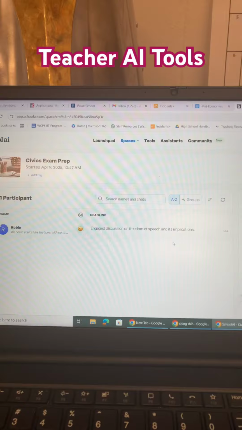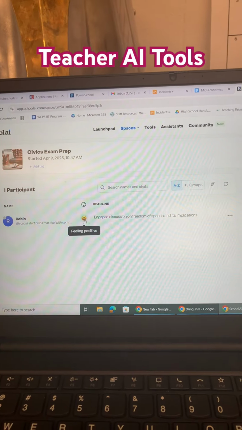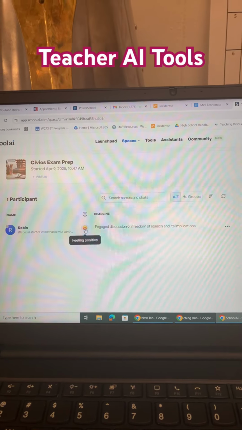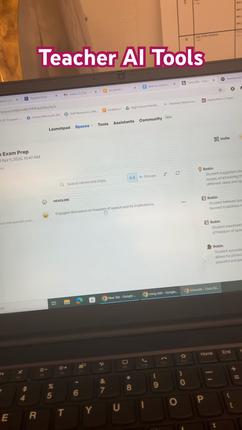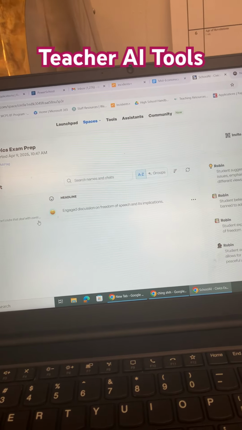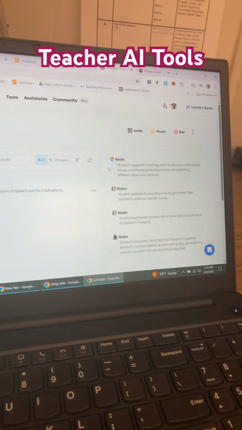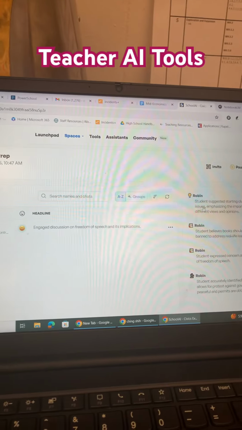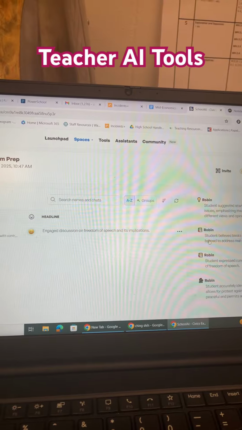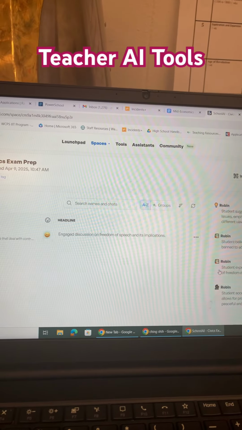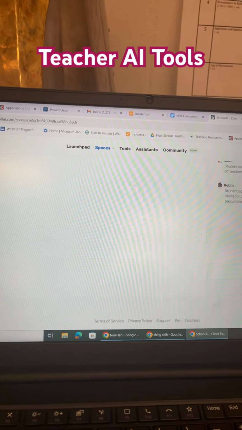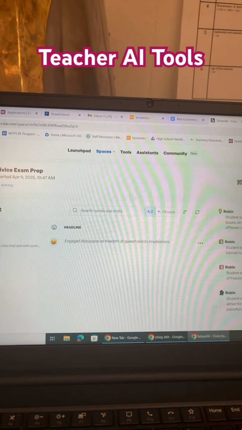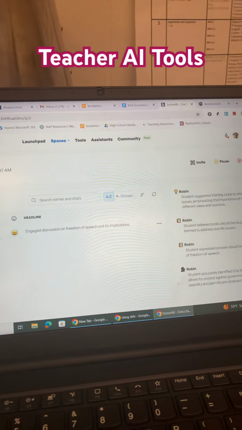So, for instance, I have somebody that's already started a few, and I can see the current conversation is positive and the headline, and it can tell me what they're working on, what they're starting, or the last thing they started. I can also get a summary of what idea they're having, what they're thinking, how they're feeling about the content, and it gives me a little more detail about it. It really helps. I can also pause it, end it, and invite more students.